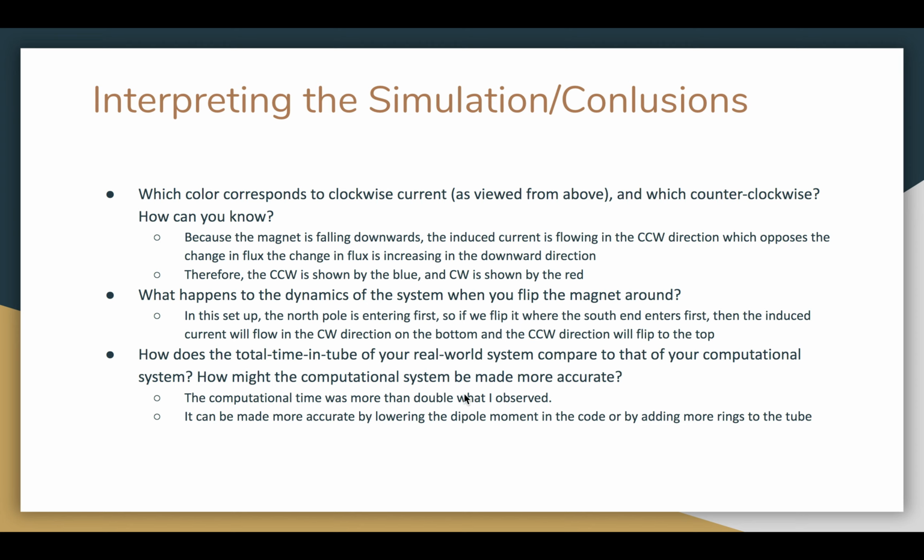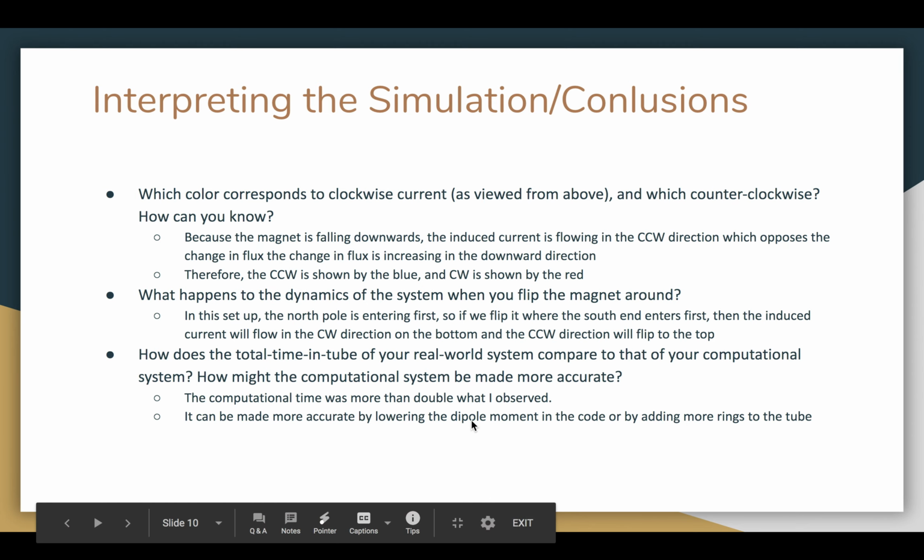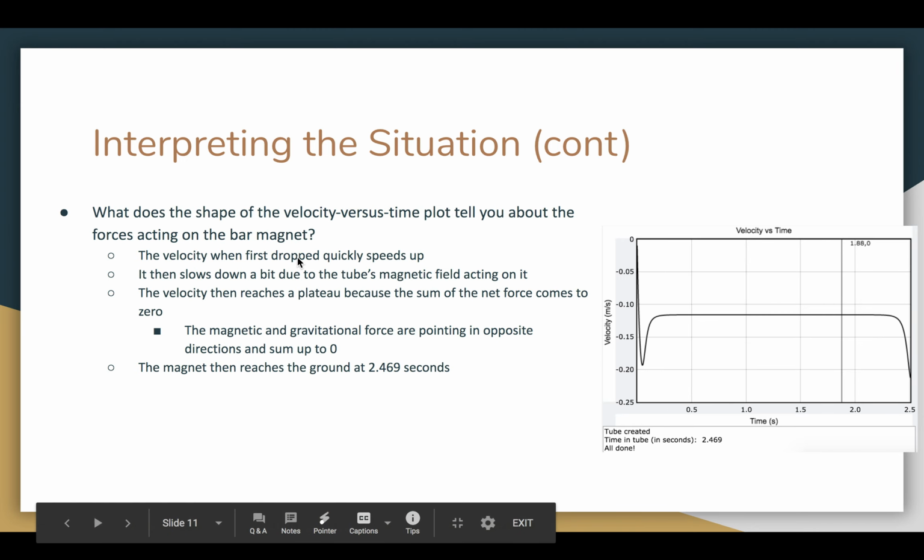So the computational model was more than double what I ended up observing, and this could be made more accurate by lowering the dipole moment, as I showed before, or by adding more rings to the tube in the observed model. So the velocity when first dropped,